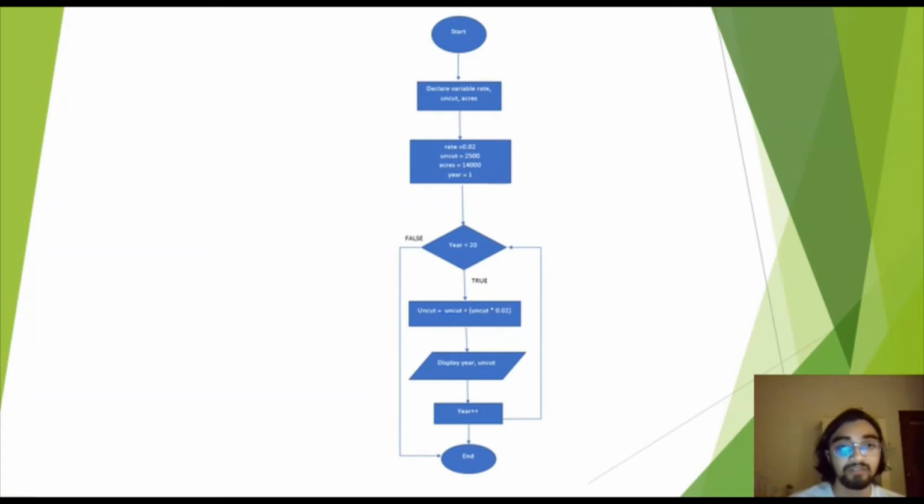And the first thing we have to do is to declare the variable rate, uncut, and acres, and then we have to initialize the rate to 0.02, uncut to 2,500, and the acres to 14,000, and lastly the year equals to 1. And then we go to the loop, which is if the statement is the year less than 20, it will go through the loop,